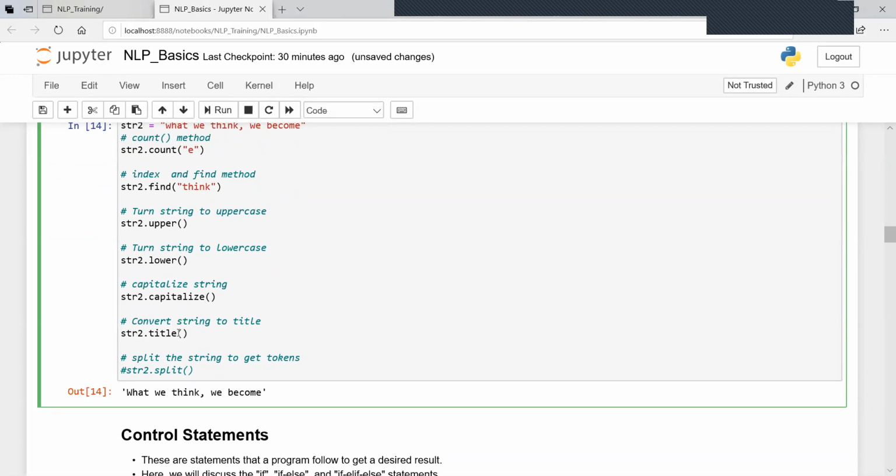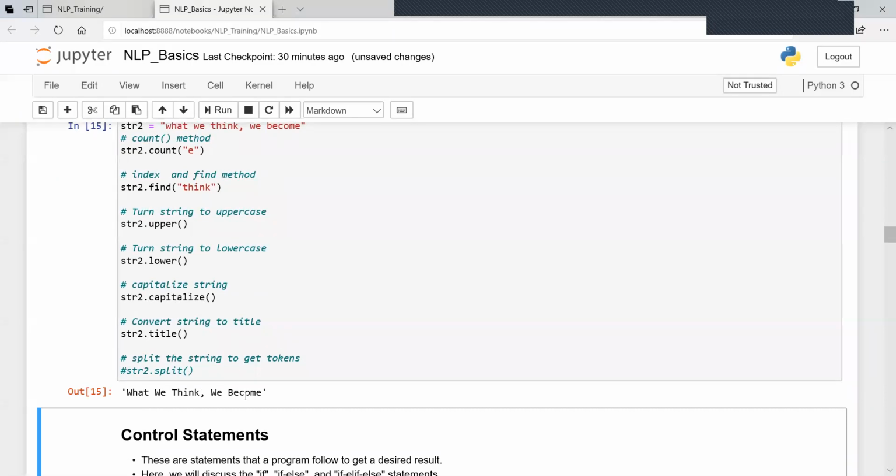Once you put string dots, just press tab. You scroll down, it's going to give you all of that. So you see, the first letter of each word there was turned to an uppercase. And finally, which is an introduction of what we call tokenization, one way to get that is apply the method